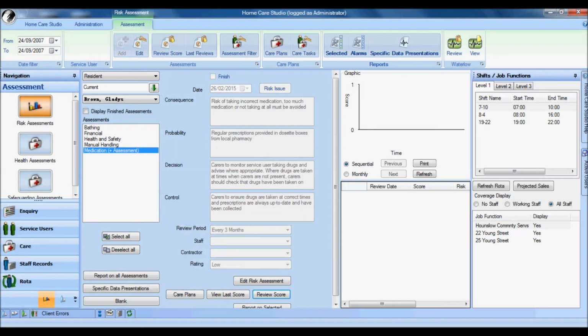Okay, let's bring this presentation to a close by summarizing the main functional sections within the HomeCare Studio software. As I mentioned at the outset, there's no way that a video of this brevity can do justice to the range of functionality held within the software. Suffice to say that it contains everything that the provider of home care services and supported living services will need